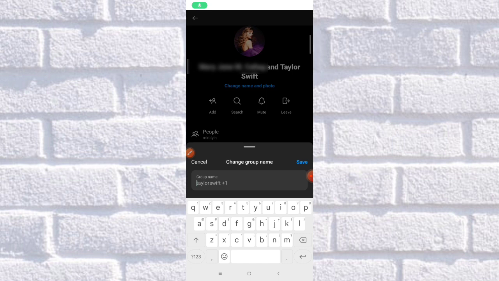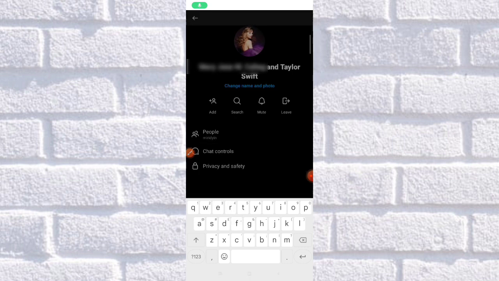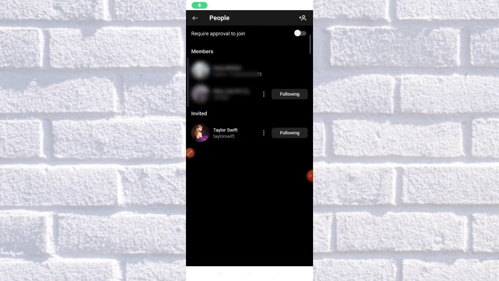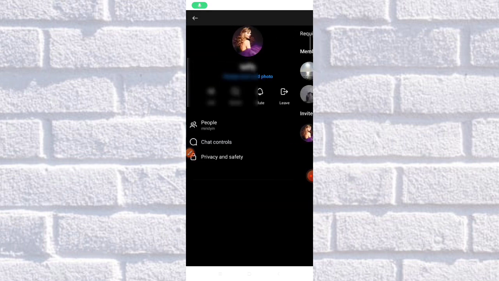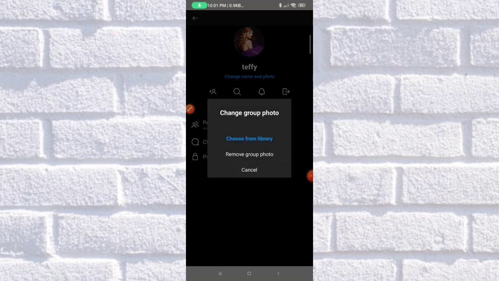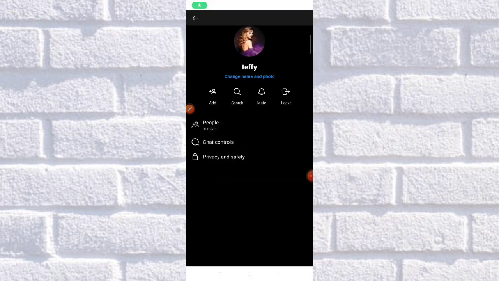So you could put the name that you would like to add in here. So Tefi, save. And for the people, these are the people that are included in here. So also, if you tap the same button that you tapped a while ago to edit the group name, it is going to allow you to change the group photo. So choose the photo that you would like to add in this group, and just proceed on, click